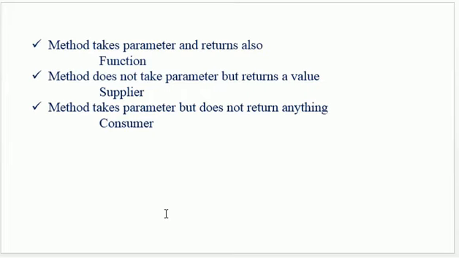It's important for us to understand the purpose of these interfaces, because whenever we are going to do streams and some other concepts, this terminology will be used: function, supplier, consumer. Then you should know the meaning of these. Wherever function is written, it simply means that here I am supposed to give one lambda expression which is taking a parameter and returning a value. Right? If consumer is written anywhere, it simply means that I need to pass one lambda expression which is taking a parameter but not returning anything.